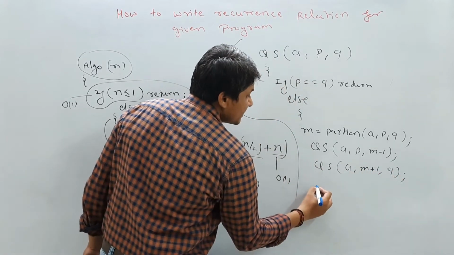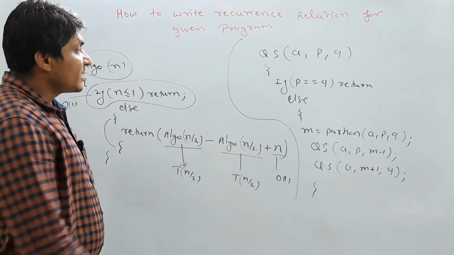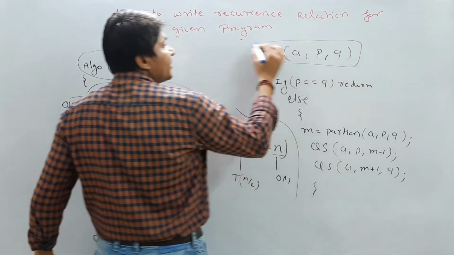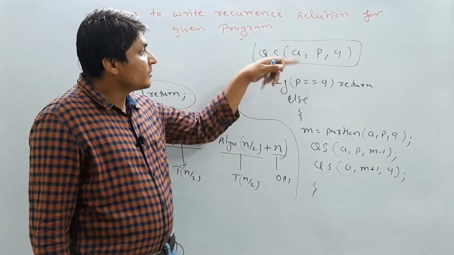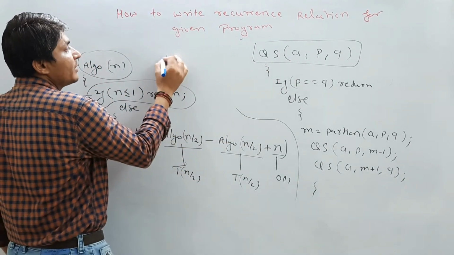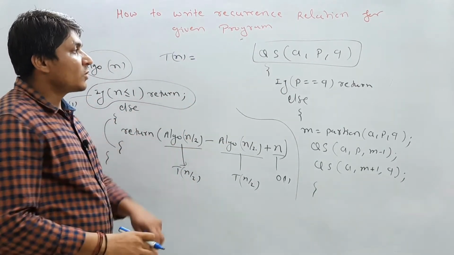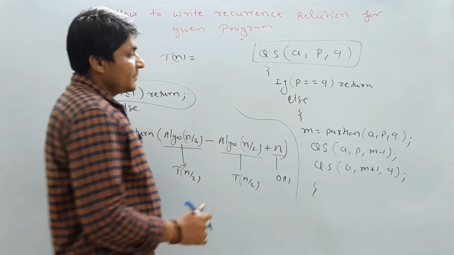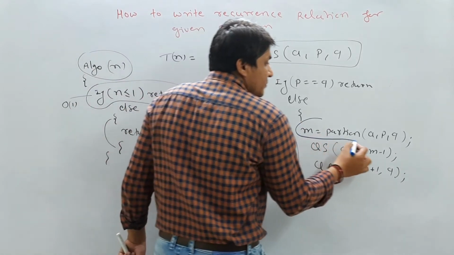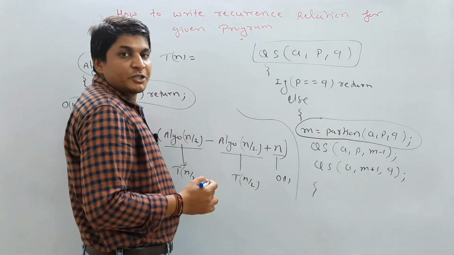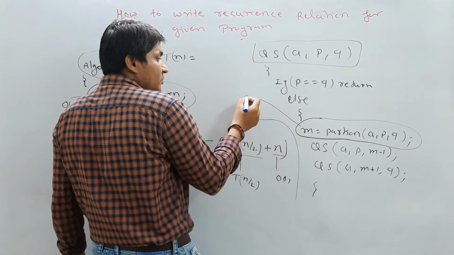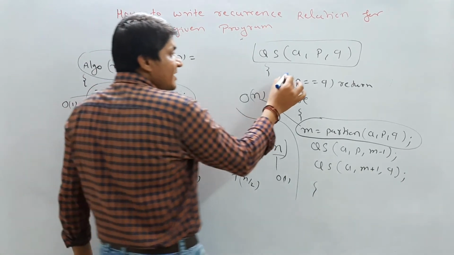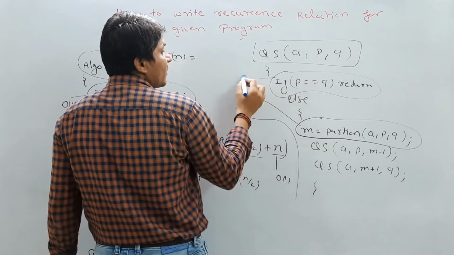If you write the recurrence relation for this particular program, what would it be? Let us assume that for sorting an array of size n, it takes T(n) time. Now if you see this partition algorithm, how much time does it take? We have already seen that the partition algorithm takes order of n time, because it will compare with the n elements. And this is one comparison statement, so it will take order of 1.